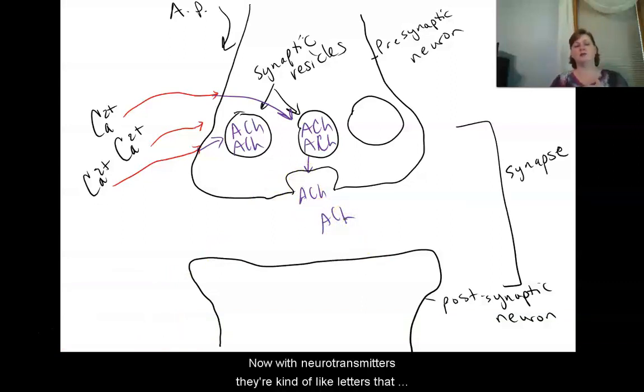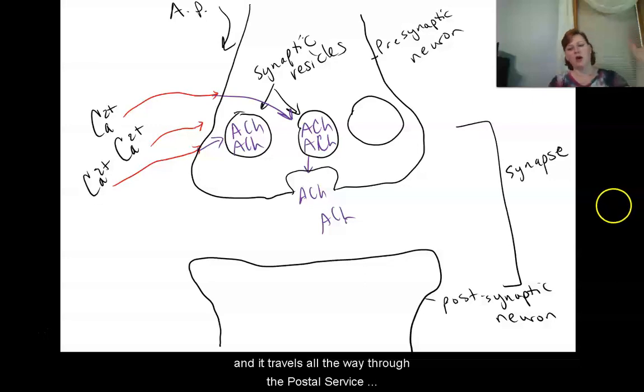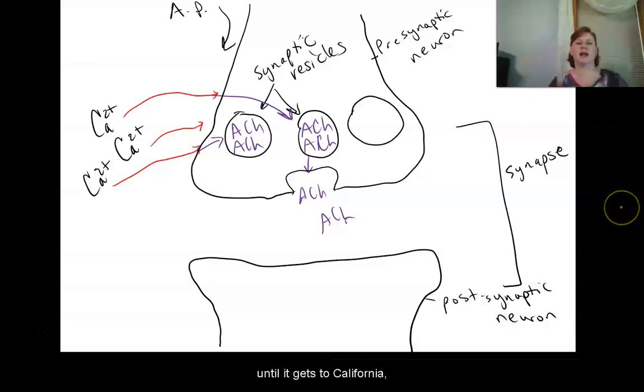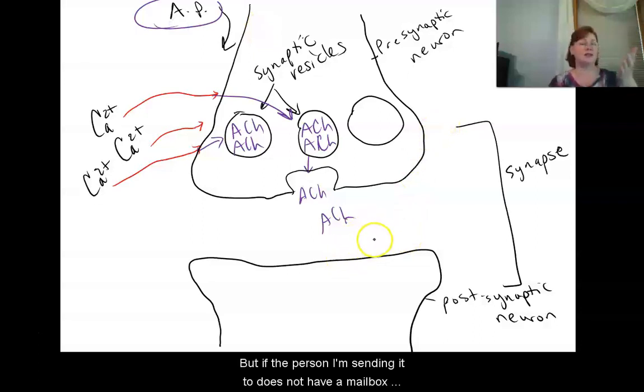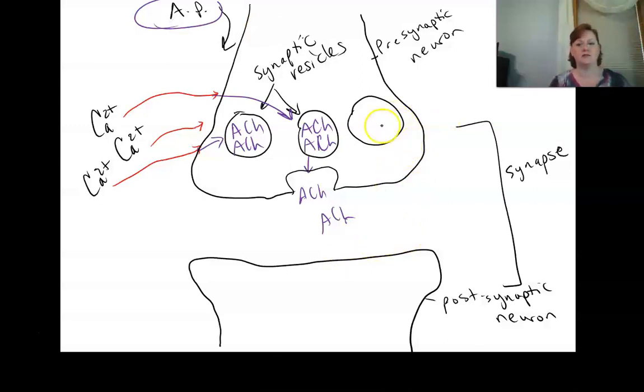Now with neurotransmitters, they're kind of like letters that one cell is sending to another cell to tell it to do something. If I mail a letter to someone that I know in California, and it travels all the way through the postal service until it gets to California, that's like my action potential traveling down the neuron. But if the person I'm sending it to does not have a mailbox for the letter to go into, they'll never get the message. So in order for this next cell down here to respond, it's going to have to